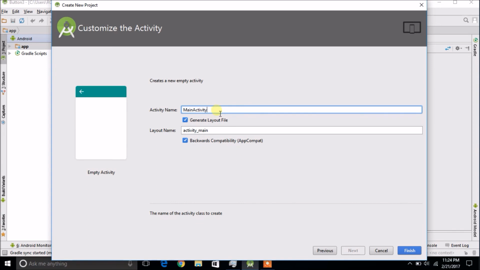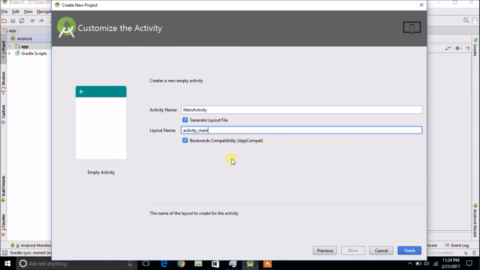Main activity is basically a Java class, which is the backend of your application. That means what functions and functionalities your app is going to perform will be coded in main activity, and it's a Java file. We can also develop in C and C++ and C# I guess, and for that we need NDK build, while we are right now building it in SDK. So it's basically the same thing.